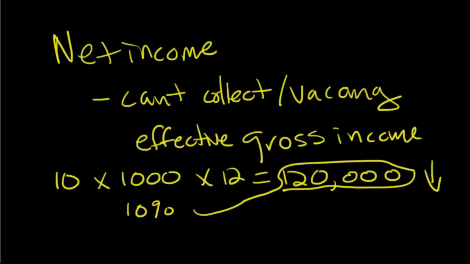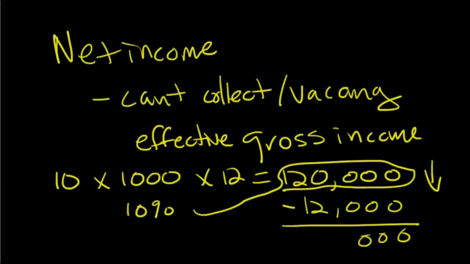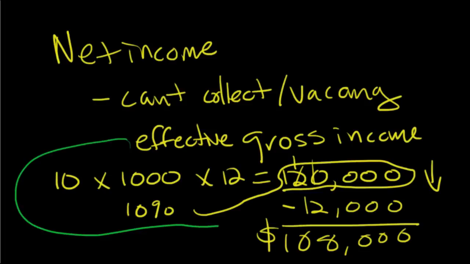If we're running a 10% vacancy rate, then we have to take 10% of our revenue away. Let's see, 12,000 taken away from 120,000, which gives 108. That was easy for you folks, just helping you out there. So our effective gross income in this example is going to be 108, because even though what we want to collect is 120, what we can effectively collect is only 108, because on average we run a 10% vacancy rate.